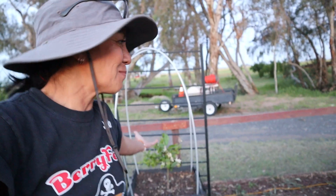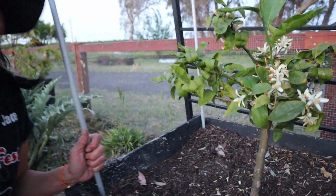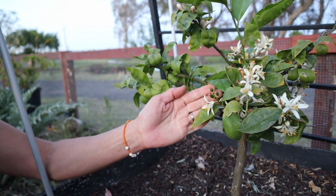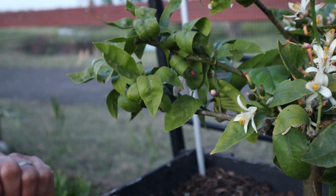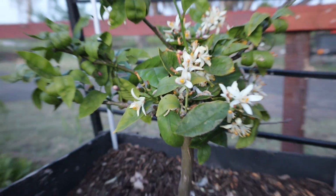Okay, you guys, I am so excited about this. The Meyer lemon. The Meyer lemon is giving us some lemons. Look at this little guy. He has so many lemons on there. Do you see that? So many. There's so many blossoms on this Meyer lemon that I am really excited. I cannot wait to see